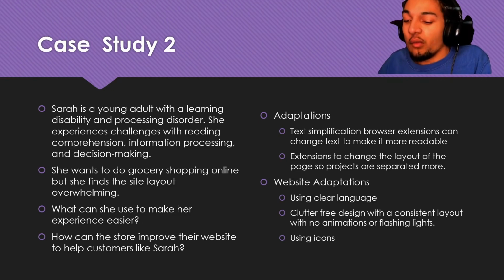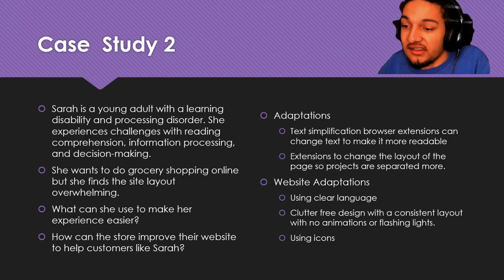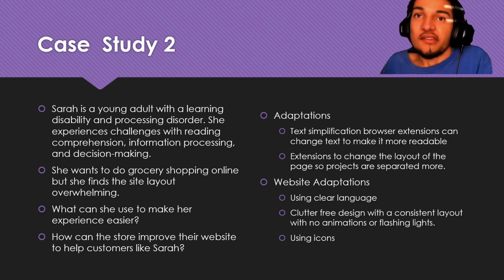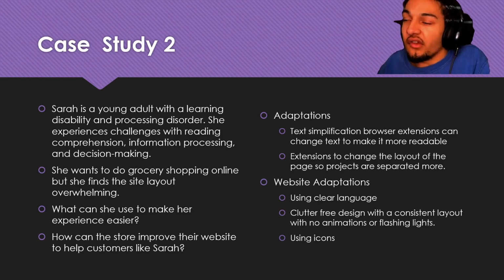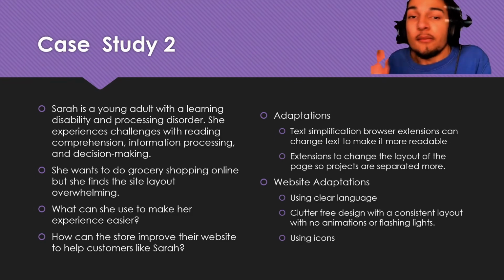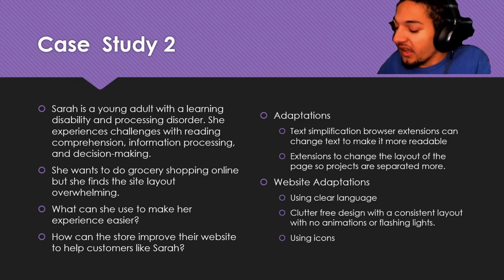Another thing would be using icons, because the phrase goes, a picture can say 1,000 words. It can just be a lot easier. Sometimes I see things that kind of contradict each other. For example, I've said use icons, but use text too, and the idea is that you're using both together. If you have a button to sign in, maybe you just have the icon, but that icon has alt text for a screen reader to use.